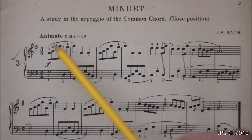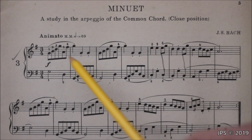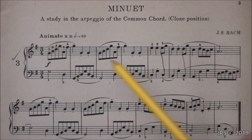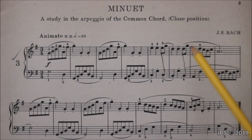So basically, as you can see, the piece does revolve around the arpeggio of the G major chord. That is one thing that makes this piece really fun to play, actually, because you bounce around the keys, and it's just a lot of fun to play. Now, everything here in the first line is pretty straightforward. It's just all simple notes. It's really rather easy. When we get to here, some of the fingering in this piece I found was a